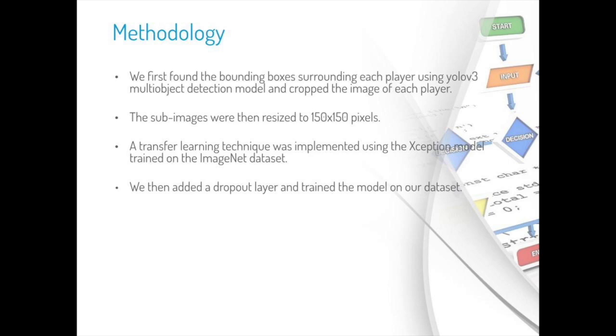We first found the bounding box surrounding each player using the YOLOv3 multi-object detection. Once the bounding boxes were created, we filtered the list for objects that were detected to be human and for objects that only contained a single player. Then the pose estimation was generated using Google MediaPipe API, and we included key points for a player's nose, left and right shoulder, and left and right knees.